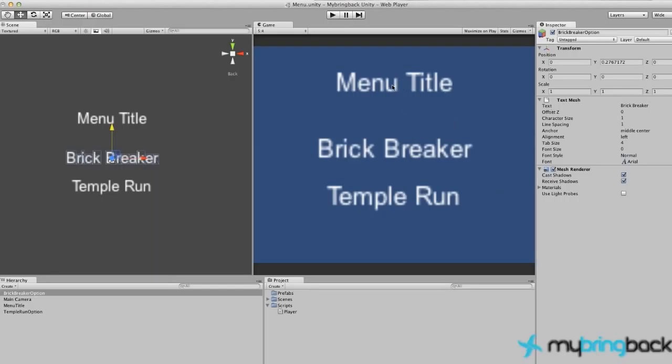So there you go. Now we want to have these options be clickable. We want to see if we click with our mouse if we're developing a web game, or if the user taps on their screen if it's an iPhone or Android game, and that brings us to the next scene. Now that we've already created somewhat of a Temple Run scene within our Scenes folder, we're just going to talk about creating the file to open up Temple Run there. And we'll get into the